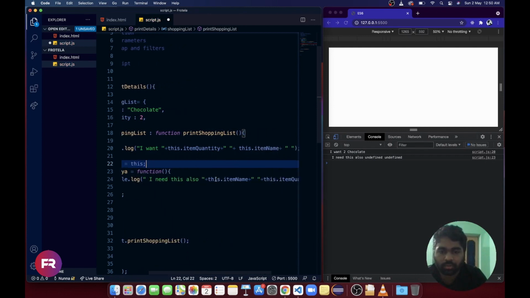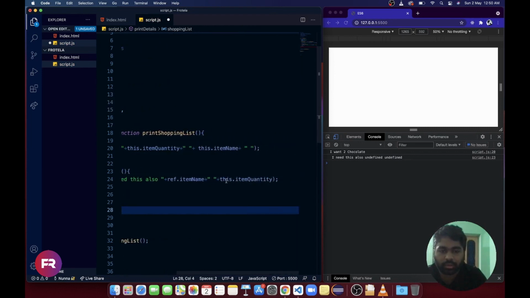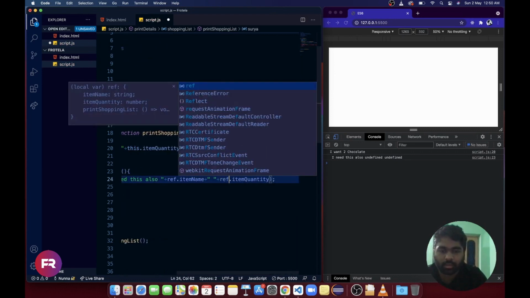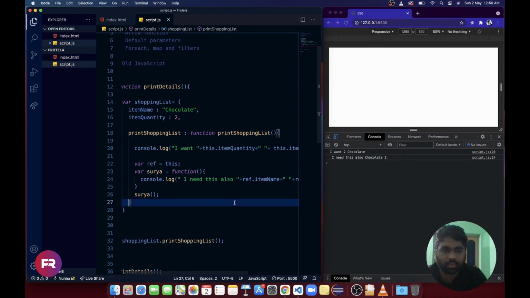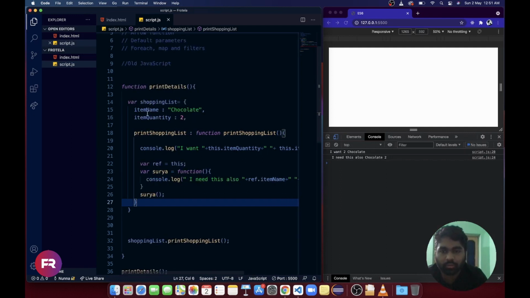Now if we use ref and ref, and I save here, I need chocolate too. So now we got this reference. We got the object reference by adding this line.